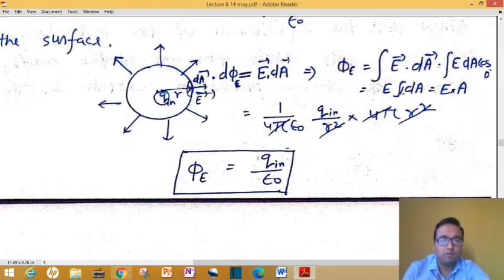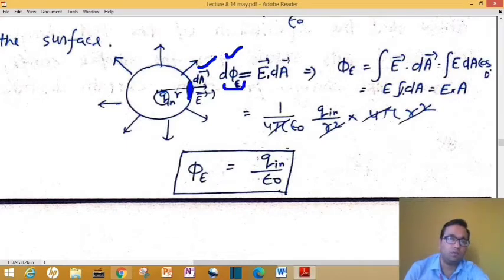Just try to understand. From this point P, from this very small circle, as you can see on your screen, this circle has area dA, and from this circle a very little amount of electric flux will pass. That flux is how much? d phi E. Okay, a very small amount, and that d phi E will be calculated. If we want to calculate how much is that power, that laser light power, that d phi E is just the electric field at that point, that arrow, multiplied by that small area, because that point will also have some area, E into dA. But this electric flux is very small.